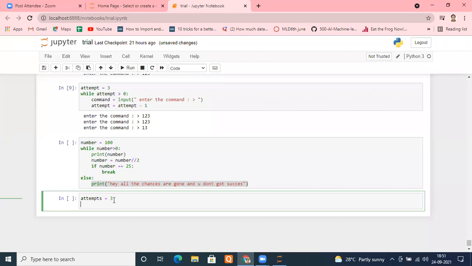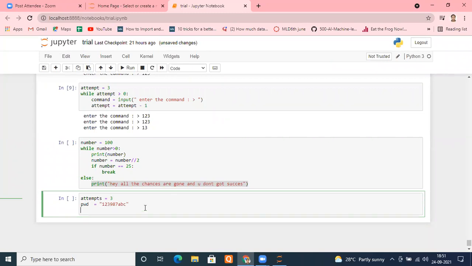Where is my password? Let me say the password variable is pwd, and let's say the password is 123.987ABC. Is it okay? Two things done. Now tell me what to do.